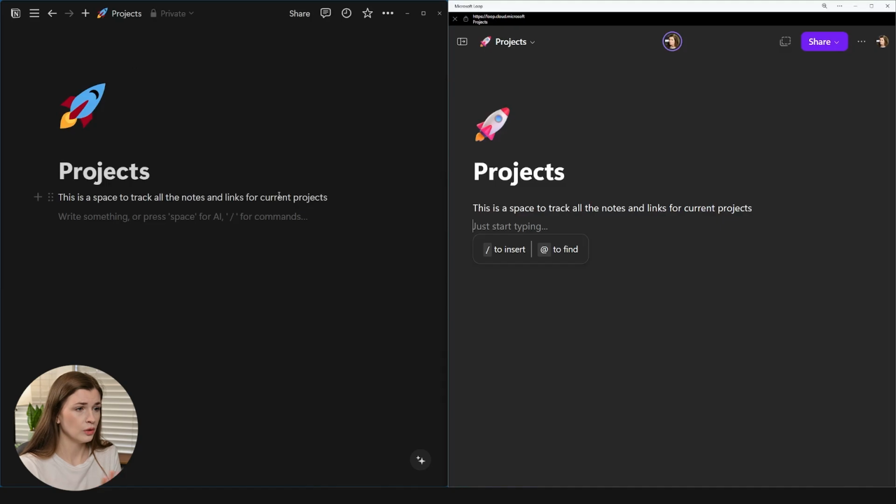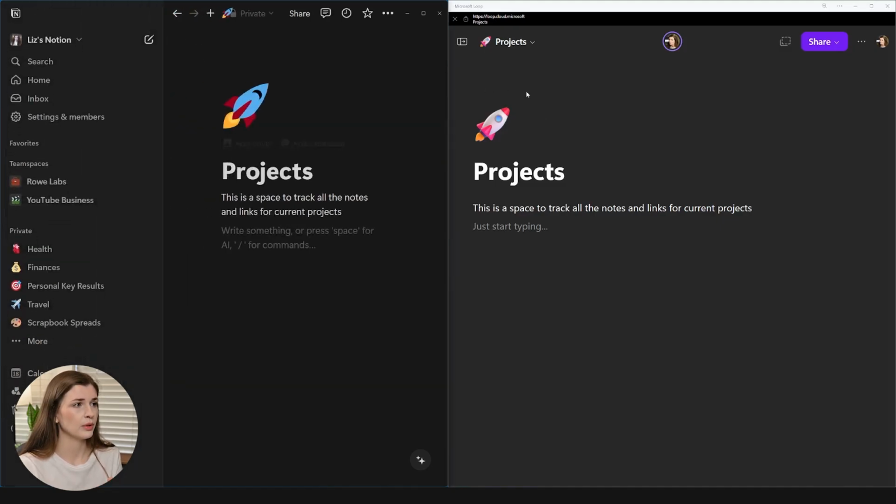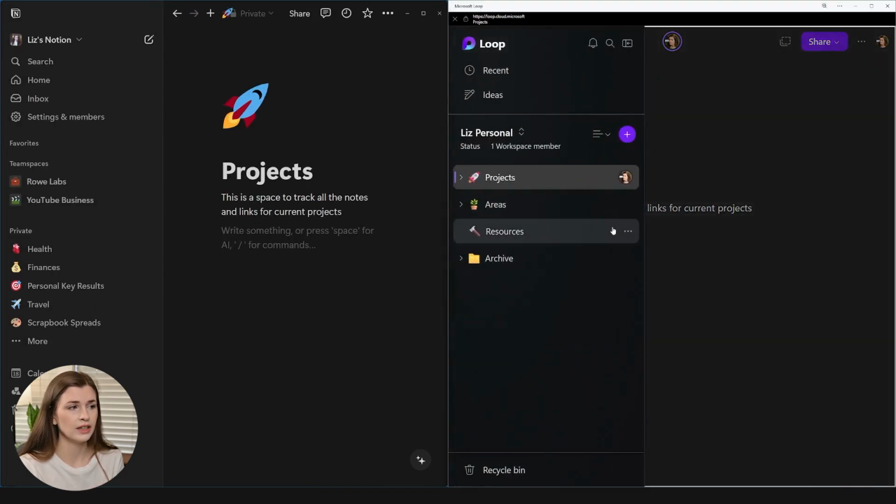On Notion, on the left, you have this breakout panel, right? So you can pull that out. Microsoft Loop also has this sidebar as well, so you can click that. It does cover the page when you have it halved, but it does pop out when you have it in full screen. So you can see, okay, it's starting to look kind of similar, but there are some key differences